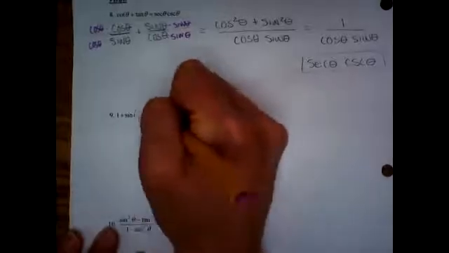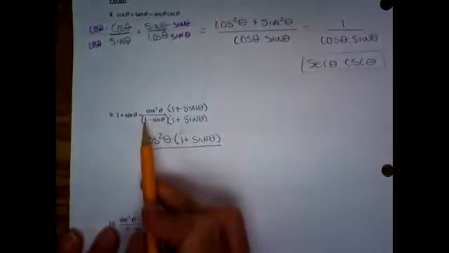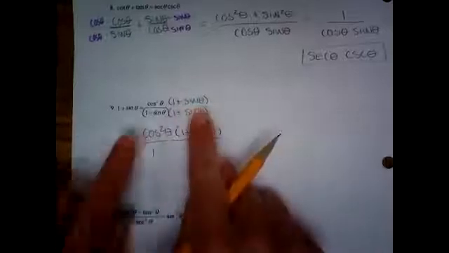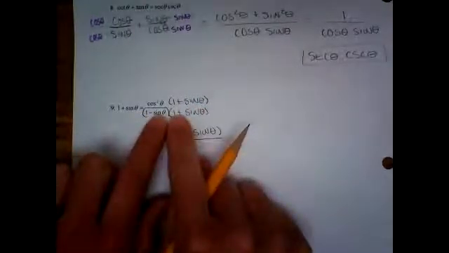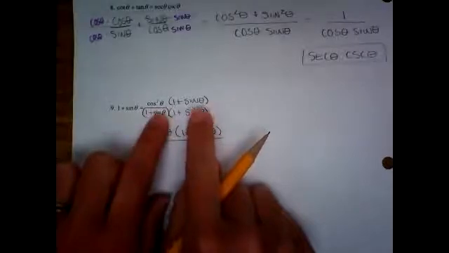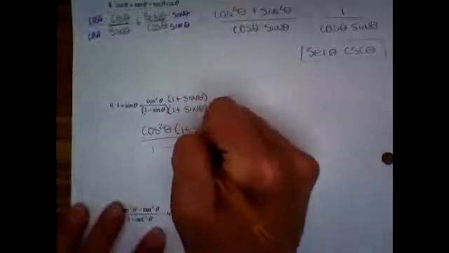Denominator, we're going to do FOIL. So first, outside, inside, last. So 1 times 1 is 1. The outsides give you sine of theta. The insides give you negative sine of theta. So the outsides and insides cancel, which is kind of the whole point. And then the last, negative sine times sine will be negative sine squared,